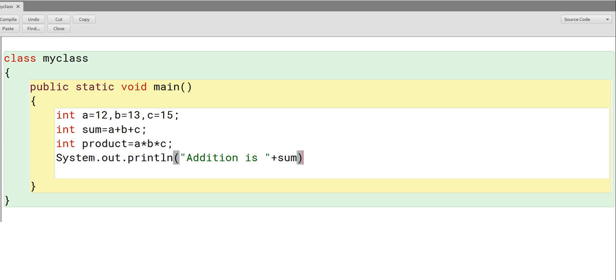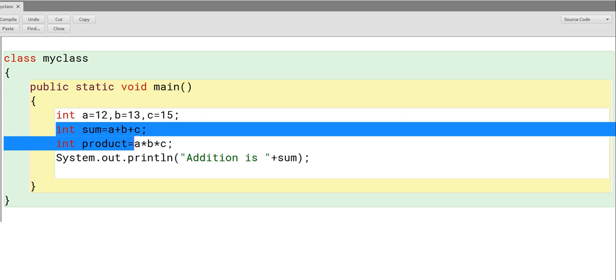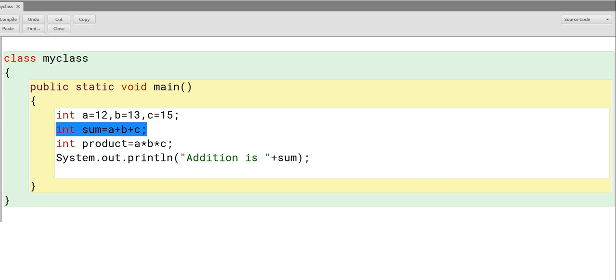Some variables we have used earlier, so the same variable will be used here. Whatever value we have calculated in this statement, sum, it is saved in sum and the same value will be printed here along with this message. The message will be enclosed with double quotes, and the plus symbol is used here for concatenating these two parts, so they will be printed concatenated in this manner.